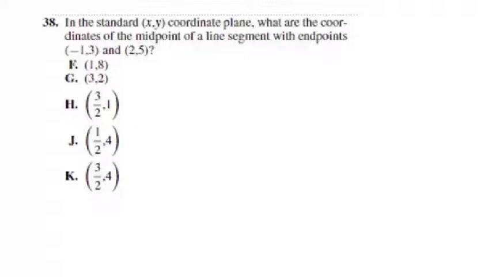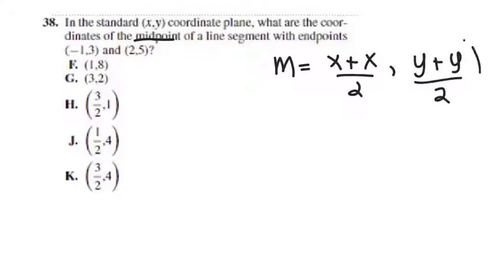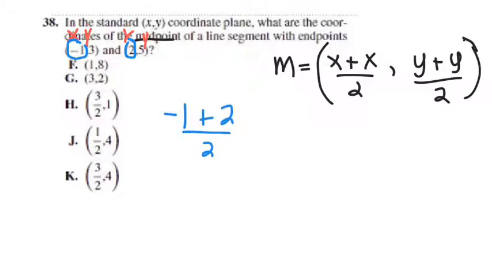Okay, the midpoint formula, which is what they're asking for, is x plus x divided by 2 and y plus y divided by 2, and that'll give you your midpoint. Okay, so go through and label your points x, y, x, y, and then start plugging them in. So my x's will be -1 and 2, so -1 plus 2 divided by 2, and my y's will be 3 and 5, 3 plus 5